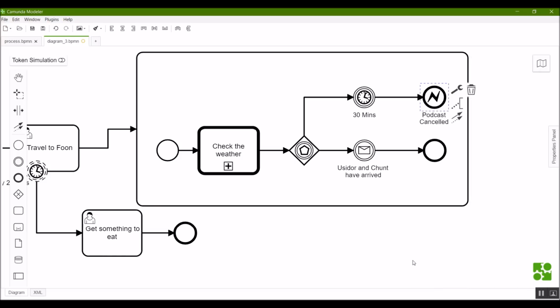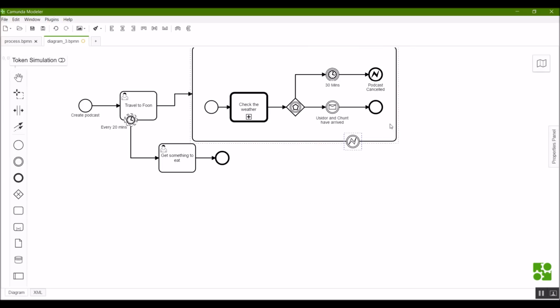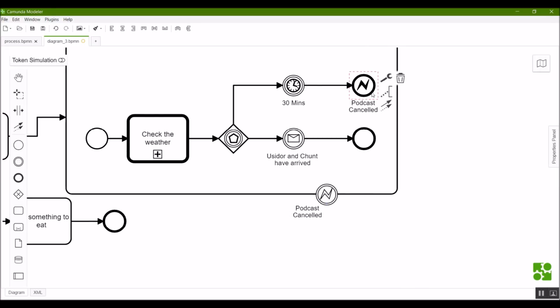Okay, now to catch this error, I need to go here on the left, sorry, and drag and drop an intermediate event on the boundary of the subprocess. Then I need to use the morph tool to convert this to an error boundary event. And this, of course, will also be waiting to catch that same error. So this is going to throw a specific error called podcast cancelled, and this is going to catch that error.